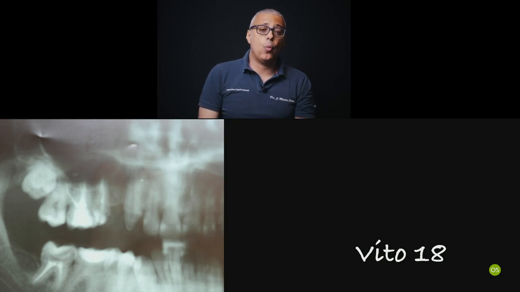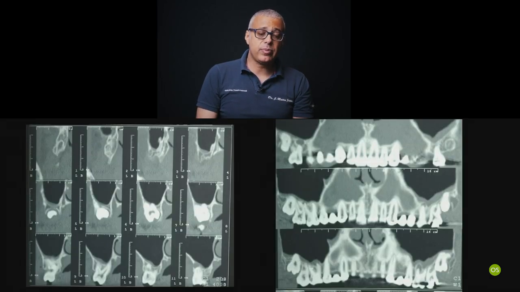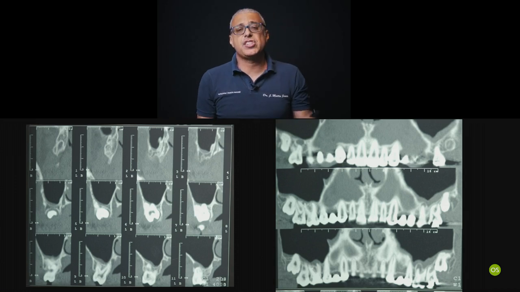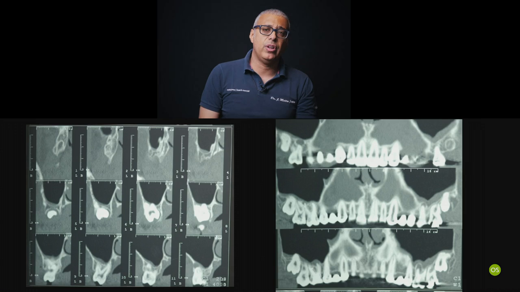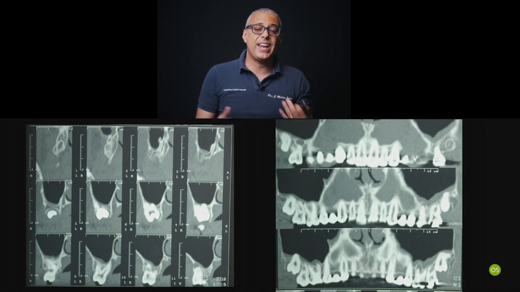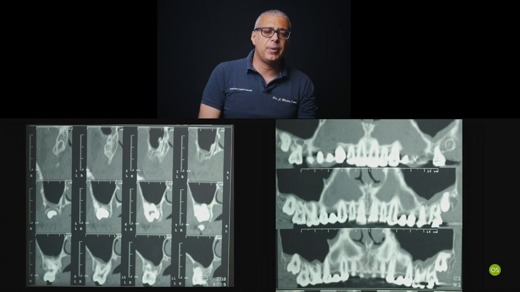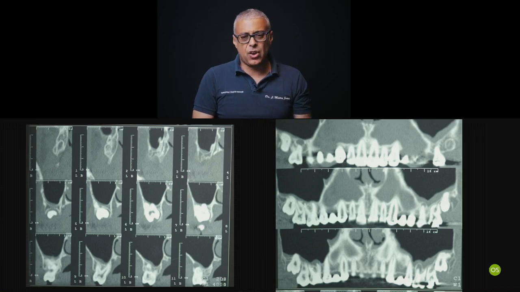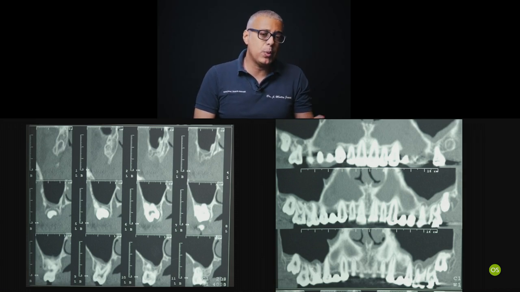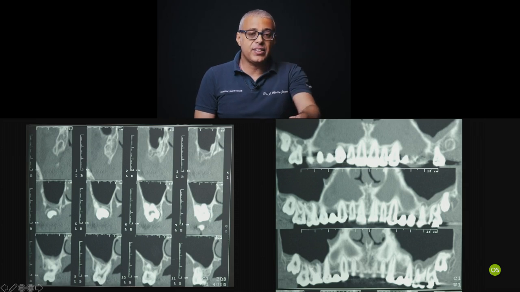This is a 1.8 extraction. We see some particulars of this CT scan. Some patients arrive to our referral already with a CT scan. And so we can see some particulars of these images that maybe we wouldn't have seen just with the OPG. We see that there is a little bit of distal inclination of the roots,